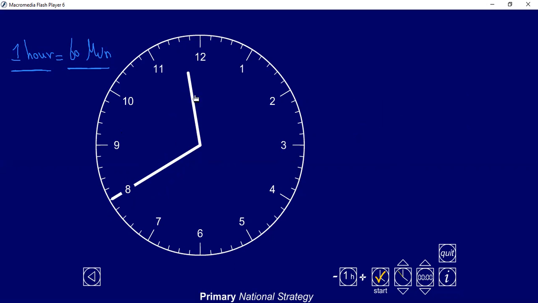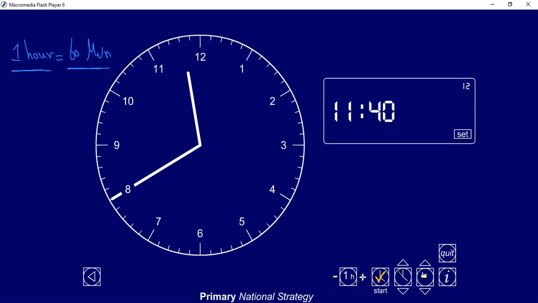Okay, the hours hand here is between 11 and 12, so it should show 11, and the minutes hand is exactly at 8. So let's count the minutes: 5, 10, 15, 20, 25, 30, 35, 40. So it should be 11:40. Yeah, it is 11:40. And how can we read this